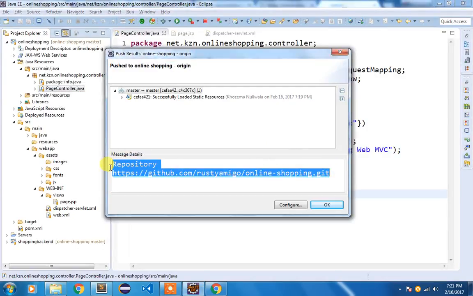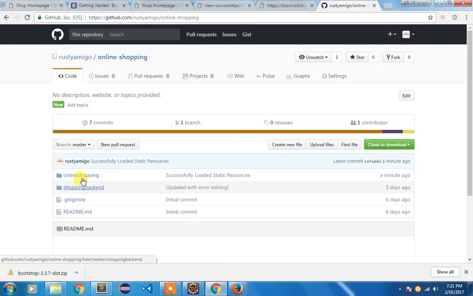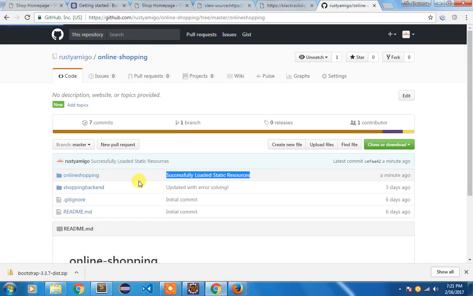I'm gonna copy this URL. You can see this online shopping, and it is showing me that message, successfully loaded static resources.